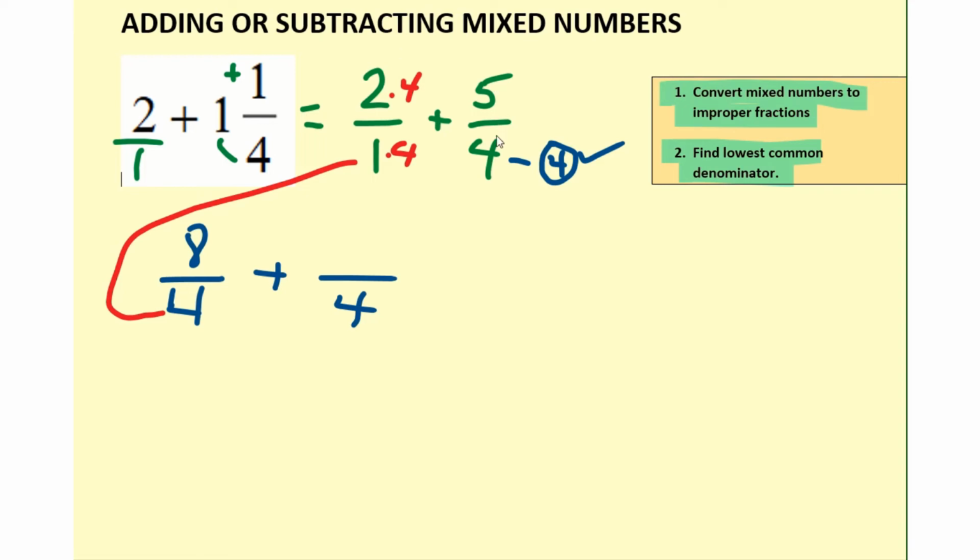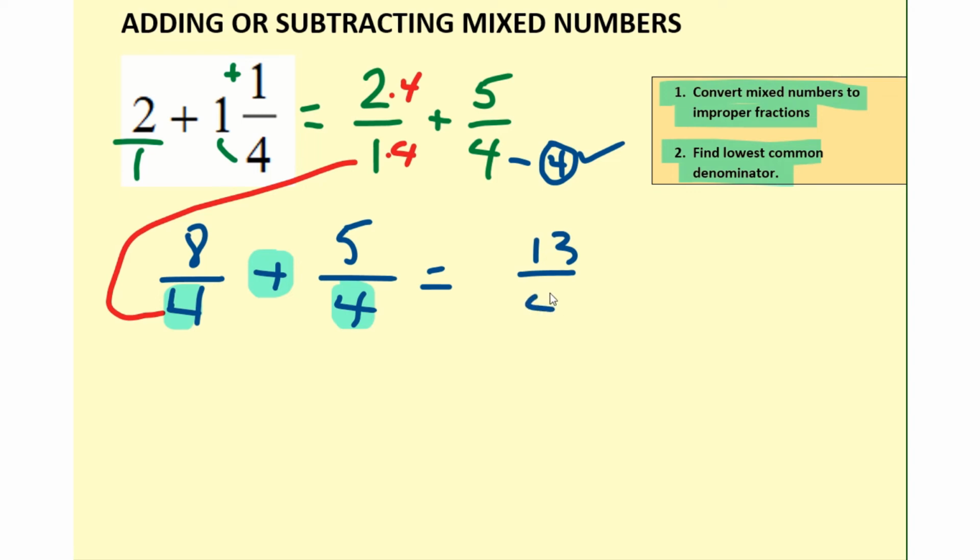So how do I get from 4 to 4? Well, it's already 4, so nothing changes on our second fraction. That one is already done for us. Now we have the same denominator and the same denominator. That means we are now ready to add. So let's add our numerators. 8 plus 5 is equal to what, 13? Yeah. And then we keep the same denominator. That's the whole point of finding the same denominator, is that when we add or subtract, we keep